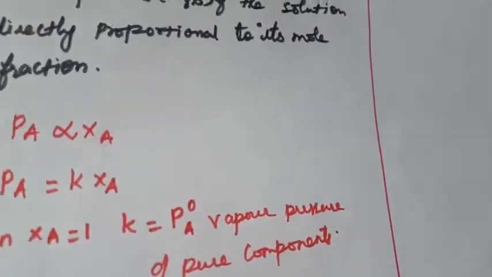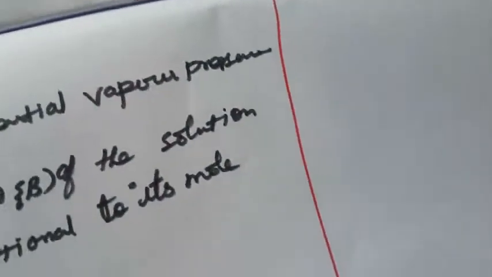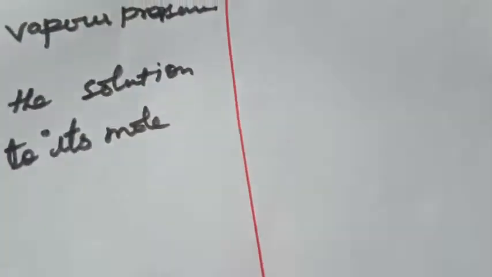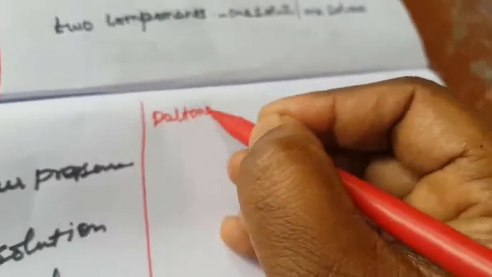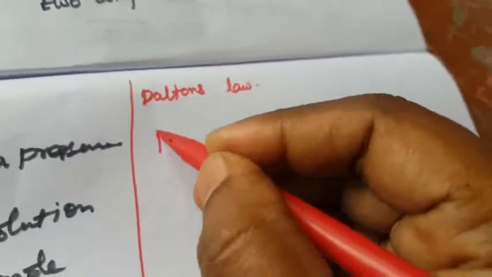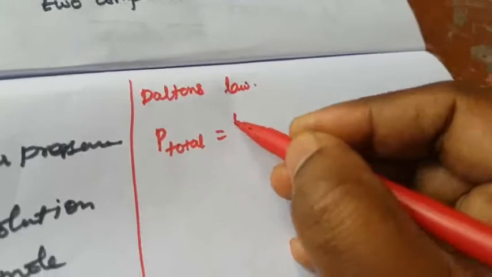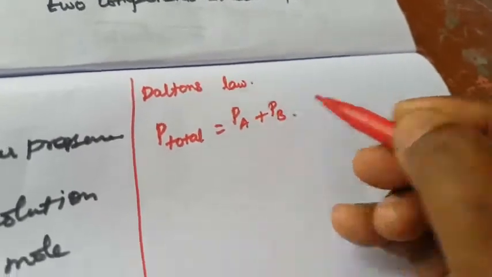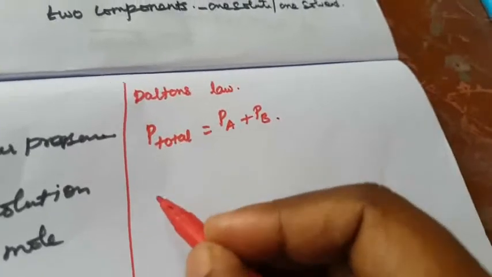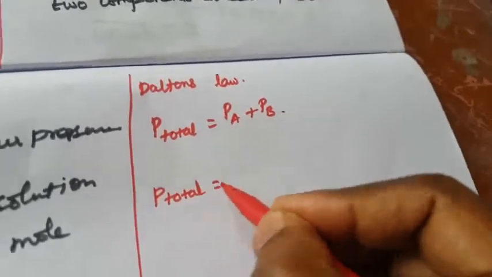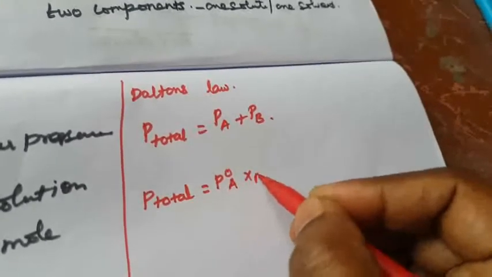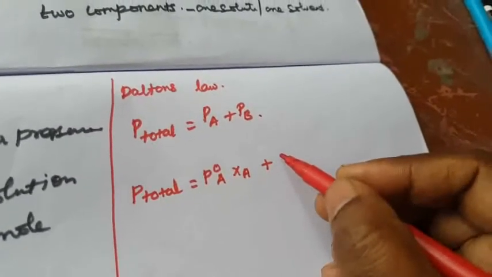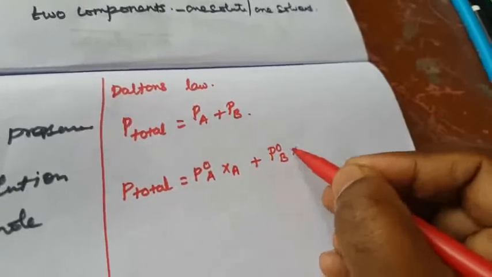We studied this in the 6th lesson. What is meant by Dalton's law? The sum of the partial pressures of the gases in a closed vessel. However many gases are in the mixture, the sum of their partial pressures. So that is according to Dalton's law. P total, the total pressure, is equal to the sum of the pressures present in the given mixture, that is PA plus PB. What is PA? PA is P0A into XA. What is PB? Here it is P0B into XB.